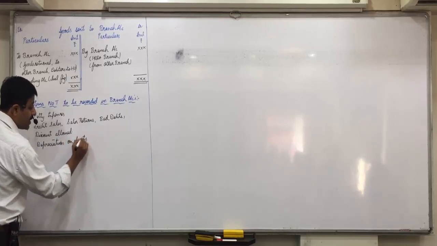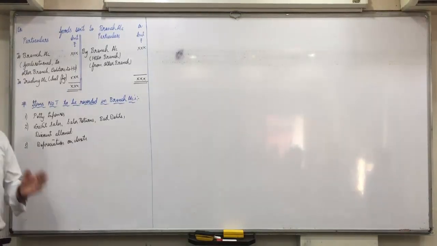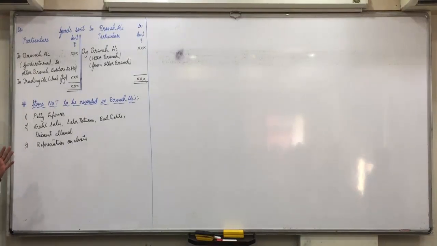Again, on the debit side, the expenses which we had written, did you find any entry for depreciation in that? No, for depreciation, head office does not have to send any money to the branch. We are following the debtor system. We record as per the debtor system: if the branch is the receiver, we debit; if the branch is the giver, we credit. So depreciation on assets will also not be recorded.